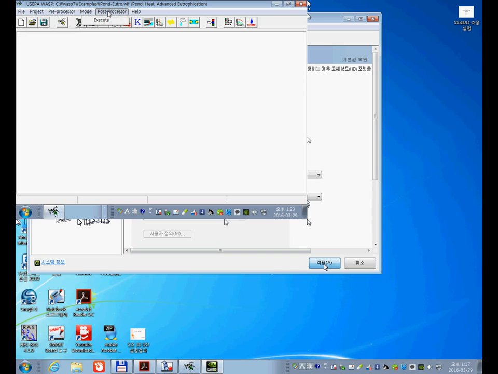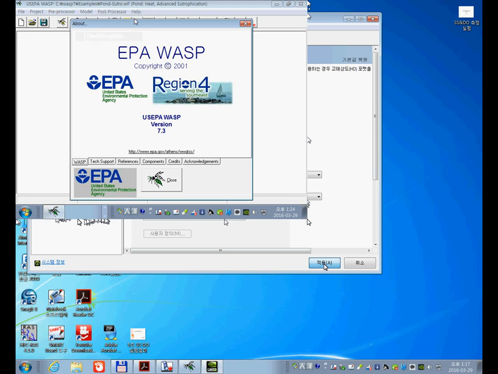And the post-process is for analyzing the model result, and you can execute the post-process by using this button. And this is a help command. You can read the many manuals from this help button, and it is telling that EPA WASP copyright is 2001, United States Environmental Protection Agency, Region 4, and this version is 7.3,